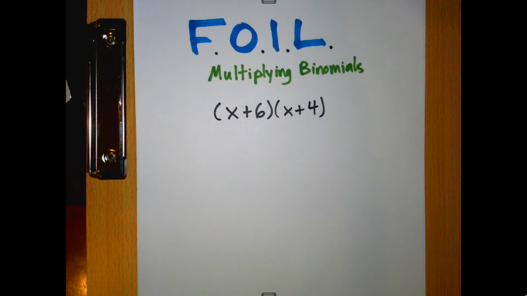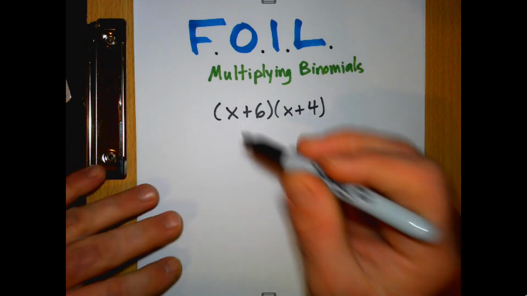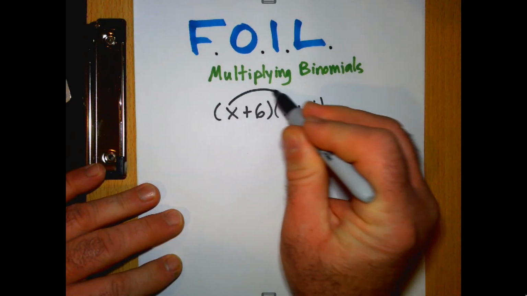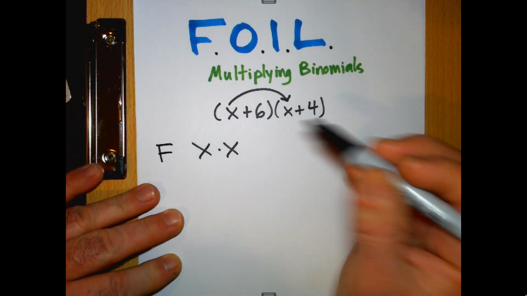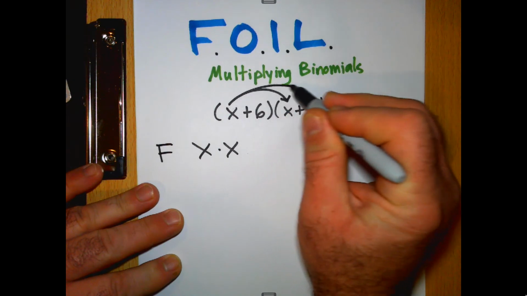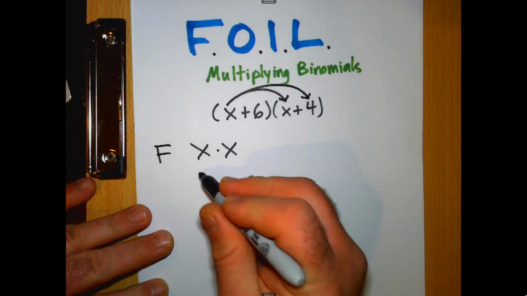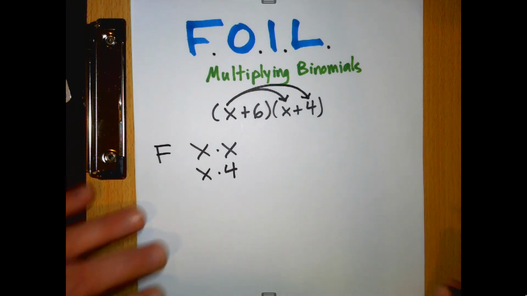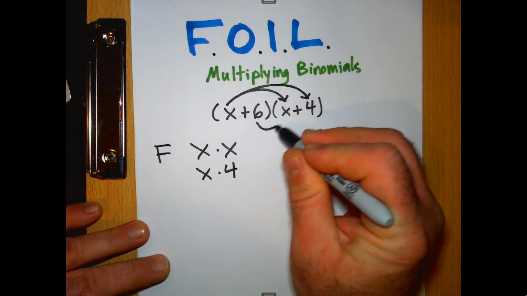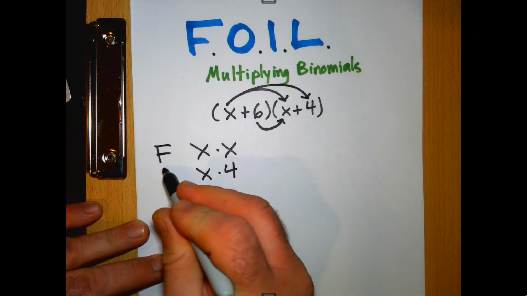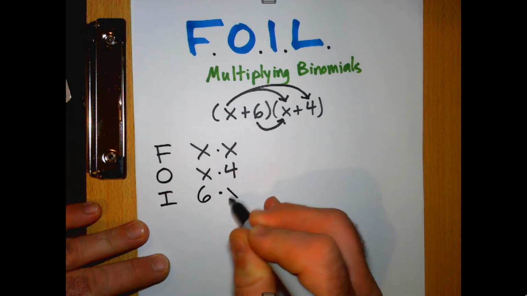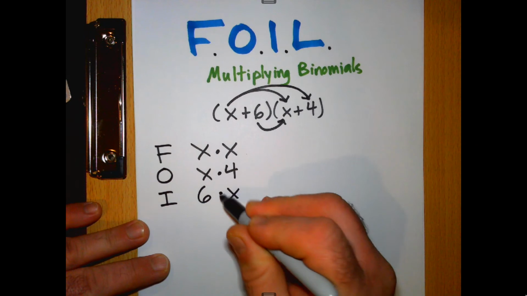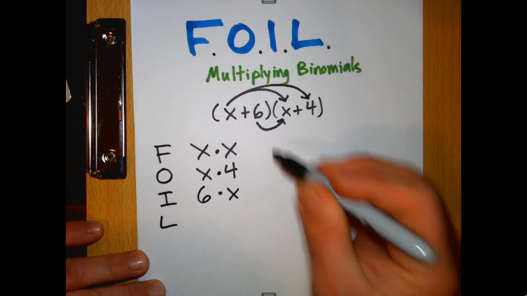So FOIL stands for first, outside, inside, last, and so you would multiply the first terms, all right, x times x, the first terms, the outside terms. I draw an arrow all the way over there, and that would be x times 4 or 4 times x. The inside terms, right there, those two inside terms. So first, outside, inside, 6 times x. And then the L is the last term,